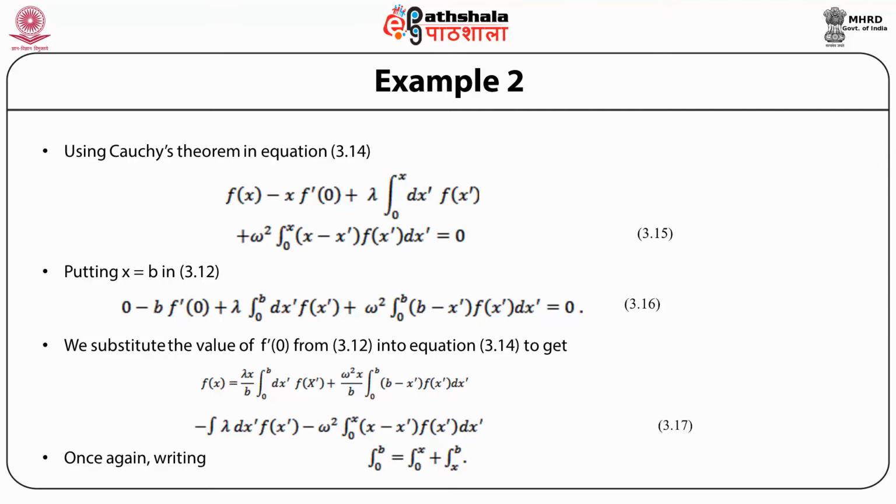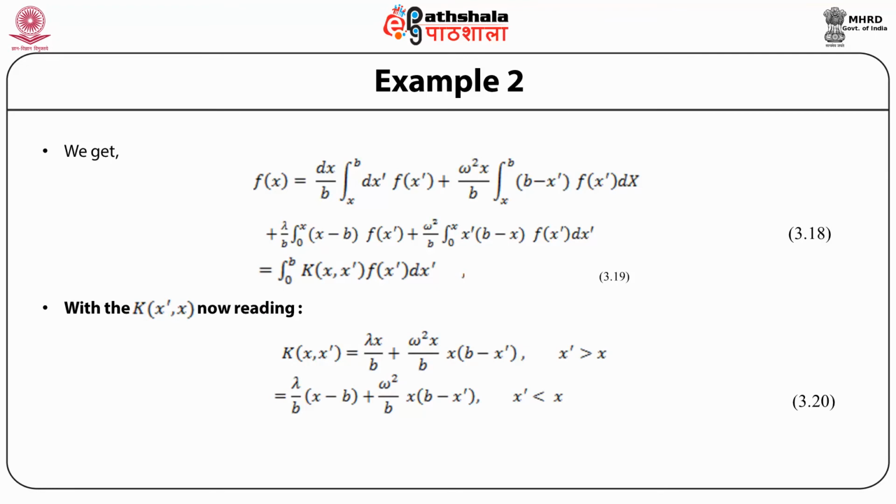When we do this, we get f(x) is equal to lambda x by b, integral x to b dx prime f(x prime), plus omega square x by b, integral x to b of (b minus x prime) f(x prime) dx prime, plus lambda by b integral 0 to x of (x minus b) f(x prime), plus omega square by b integral 0 to x of (b minus x) x prime f(x prime) dx prime, which can now be written as the right hand side, equal to an integral over dx prime